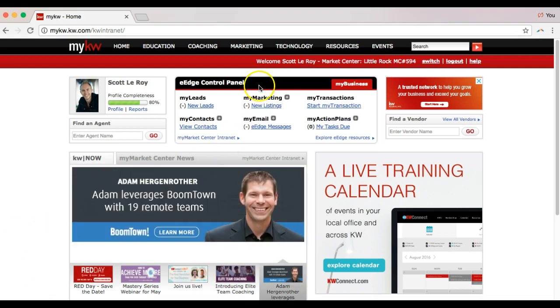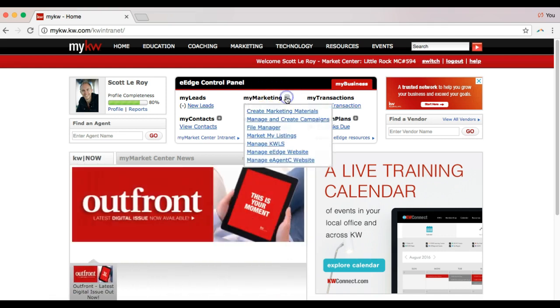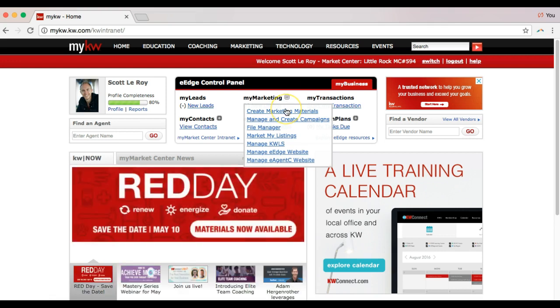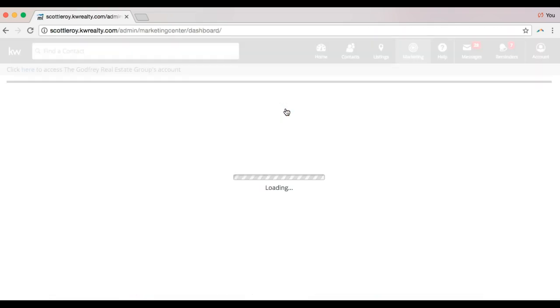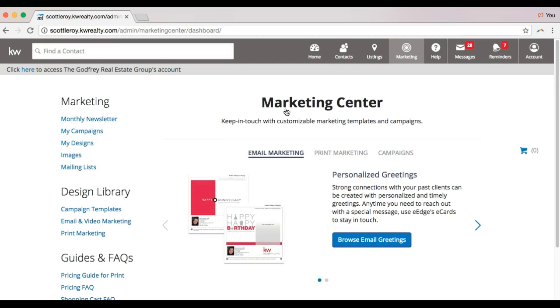So we can go up to the eEdge control panel up at the top center of the page, and we're going to click on the plus sign next to My Marketing. And we're going to select the first option, which is Create Marketing Materials. This is going to bring us to the Marketing Center where we can access different email marketing, print marketing, and